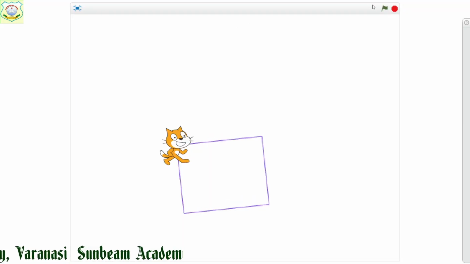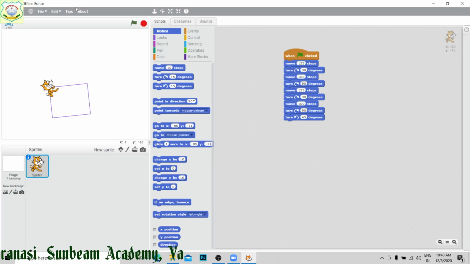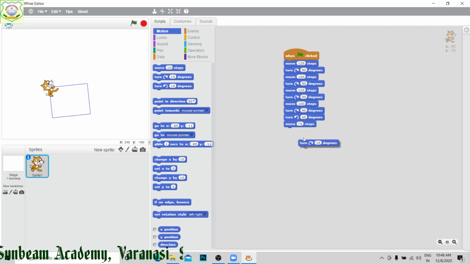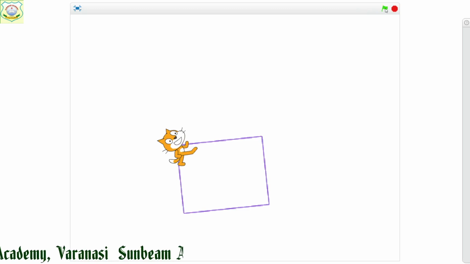then see here, from here I will make a straight line, movement of 75 steps, then it will turn 120 degree on the right hand side, 120 degree, then it will again move for 75 steps. Now I am going to run it.